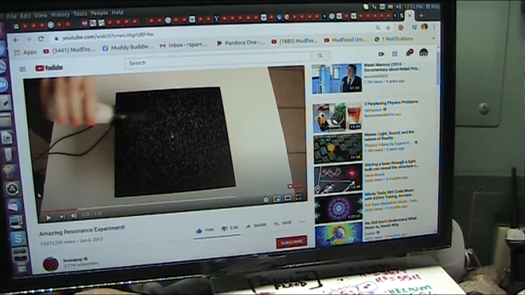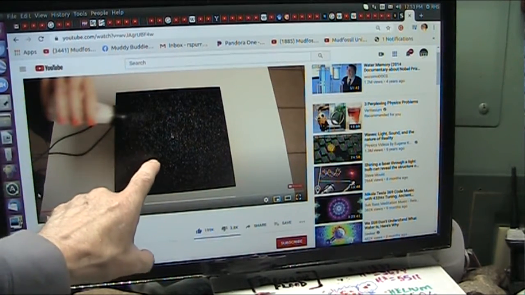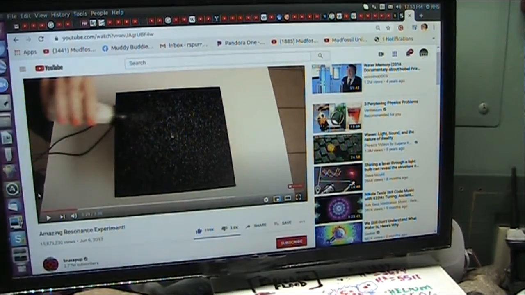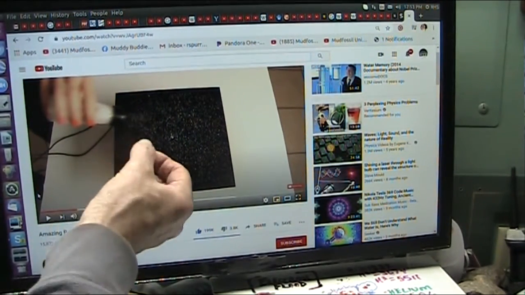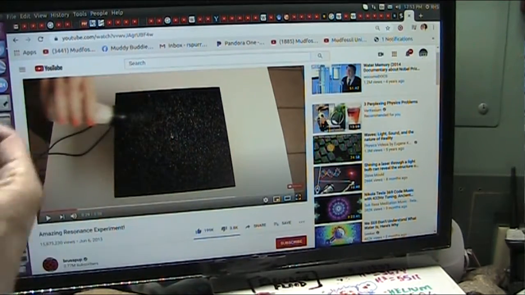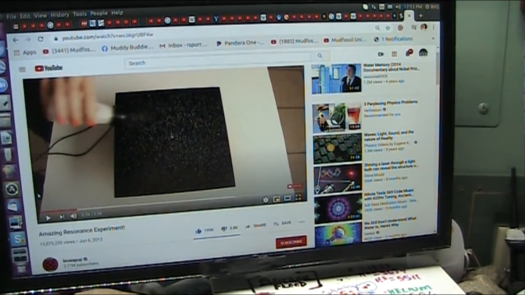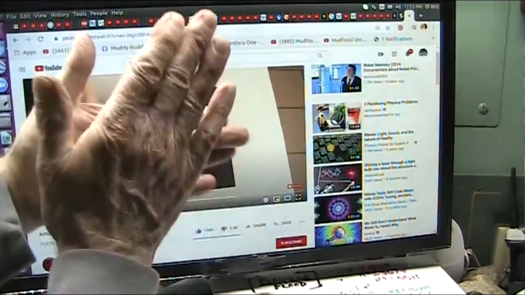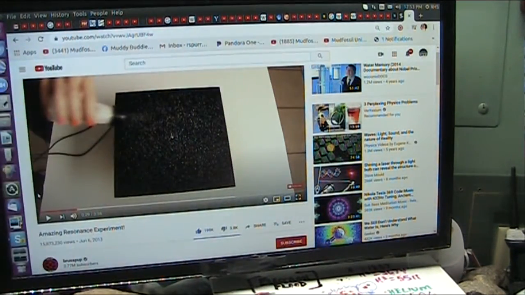Now, watch what happens here. As this thing vibrates, and what is a vibration? A vibration is pushing air and dropping it. Push, push, push, push. And what is that in my world and in your world? It's pushing electron to electron. Let's do this first and then we'll look at the big board.